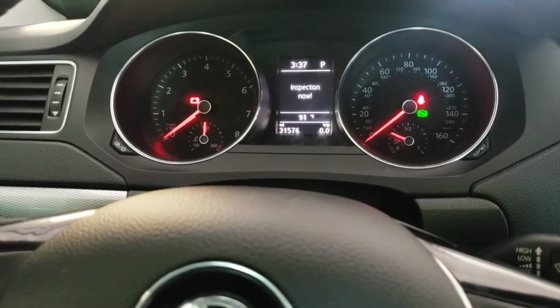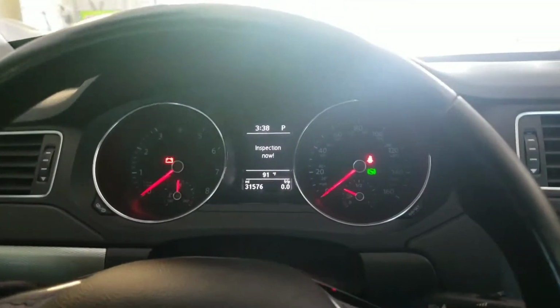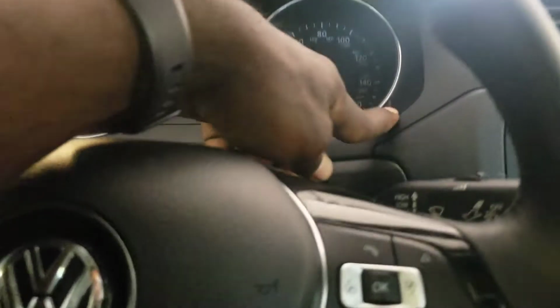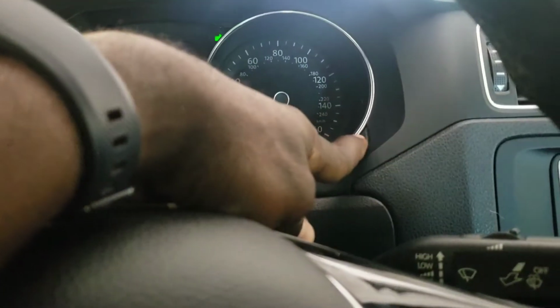So now it said inspection. I'm gonna show you how to reset your inspection too. So you want to repeat the same process. So I'm gonna press this right here. First, turn on your four-way flash. That's the first way. Then you want to press this right here, and then you want to come down here and press that again,